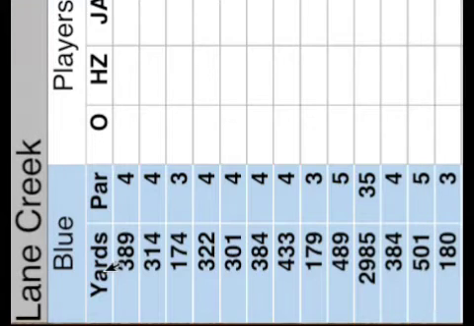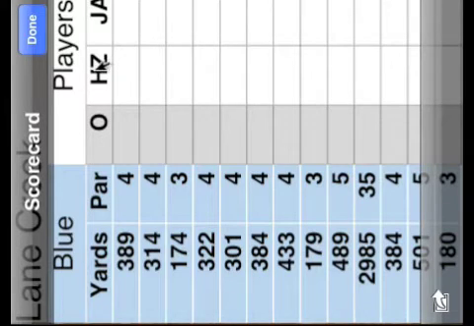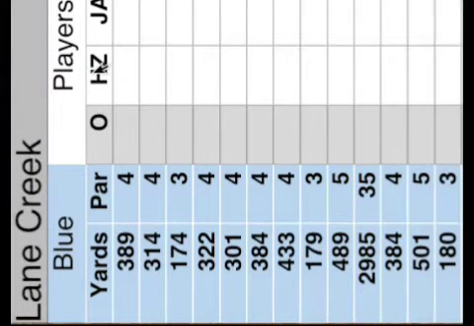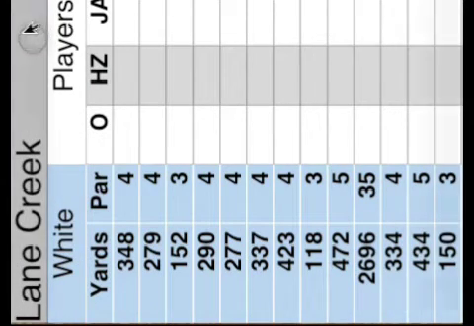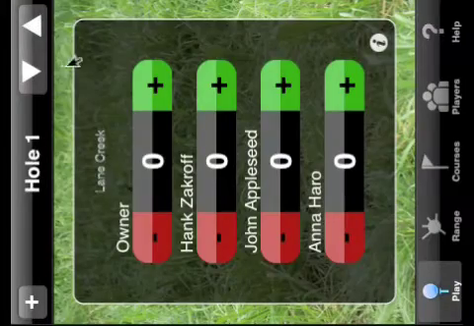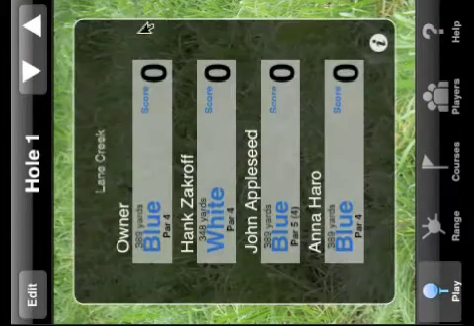Now the yards and par are for the owner. So here we have the owner, and the initial is at the top. It's the same here. Remember, Hank was off a white tee, so if we click on white, now it shows white with all its yards and pars. So it's pretty handy from that point of view. Okay, so we can flip to the back of the card,